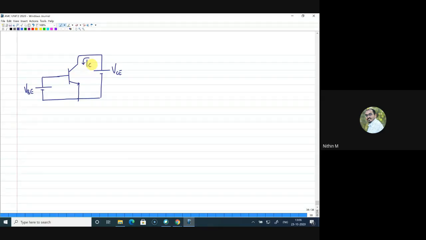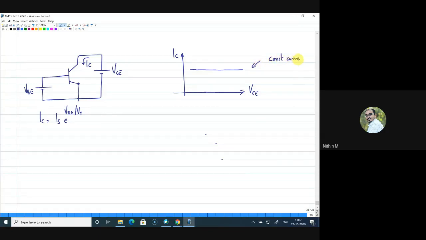So if you remember, I told you that initially, in an ideal BJT, the variation of IC with respect to VC was constant. I don't know how many of you remember that. Because we wrote IC as IS into e to the power of VBE by VT, and IC is not depending on VC. If that is the case, you can mark the curve as something like this. So here is the point where I stated that this is actually acting as a constant current source.